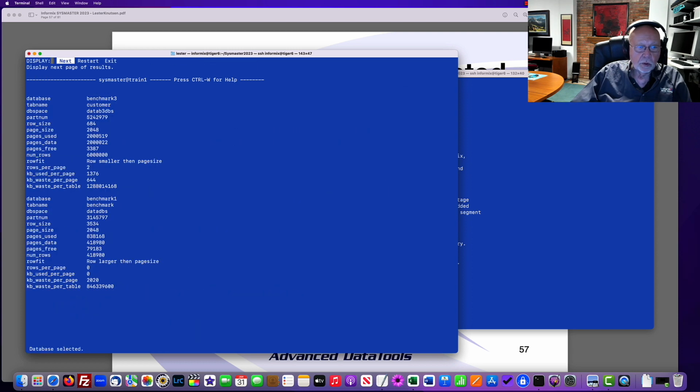What I'm looking for is tables which have wasted space, and here's a really good example. The row size of this table is 684. The page size is 2004. That means I can get 2 rows per page, and the rest of this page is wasted. Now, it's wasted